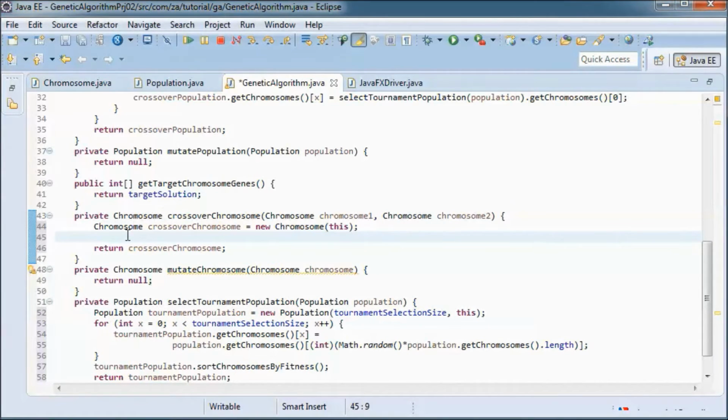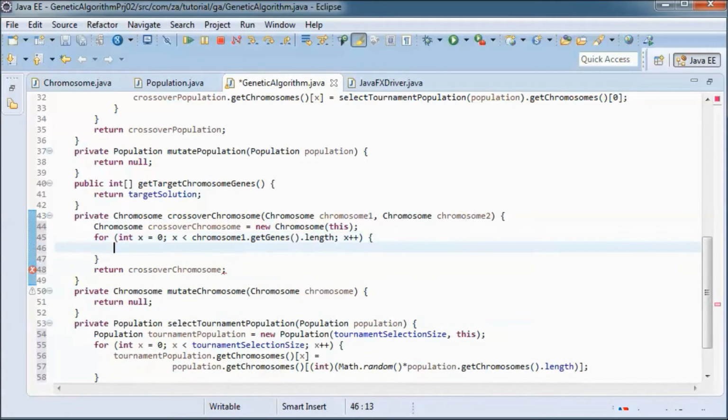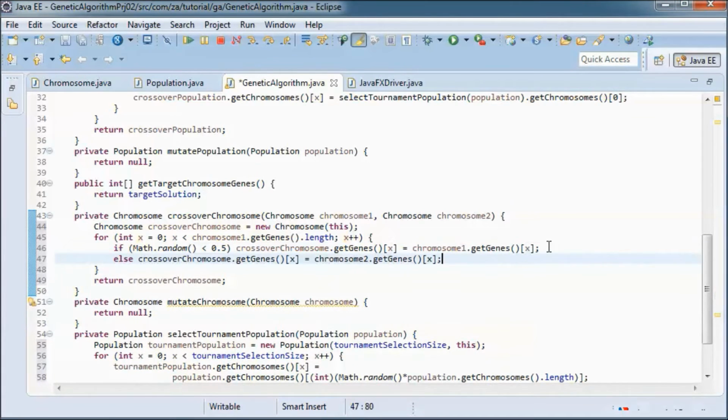And each gene in this new chromosome will be either coming from chromosome 1 or chromosome 2.